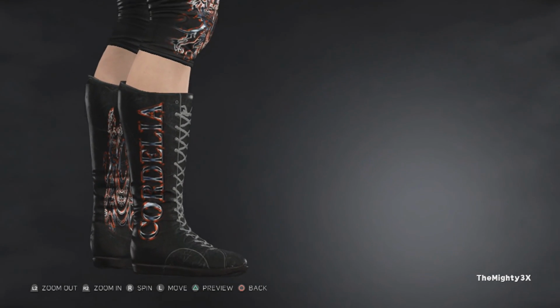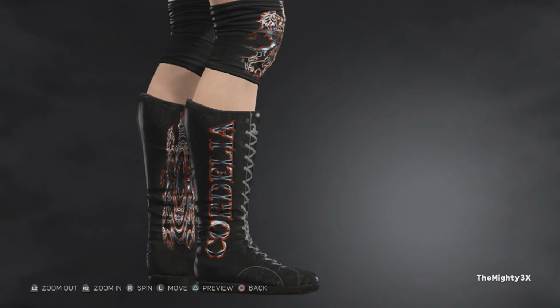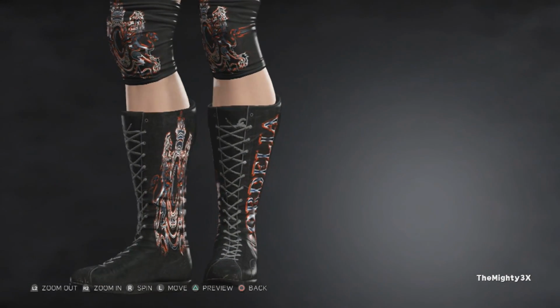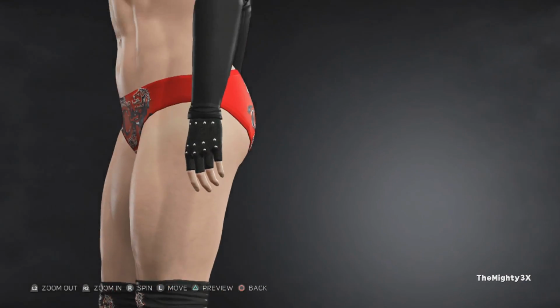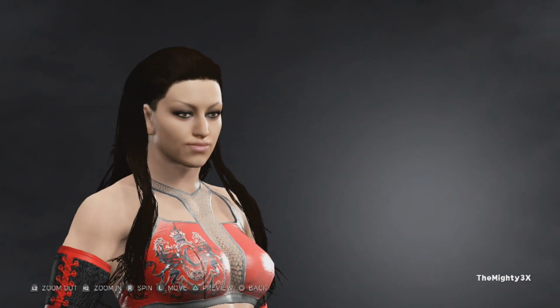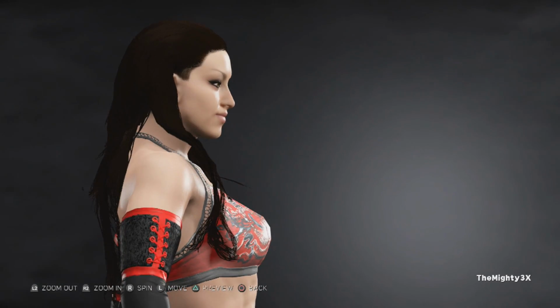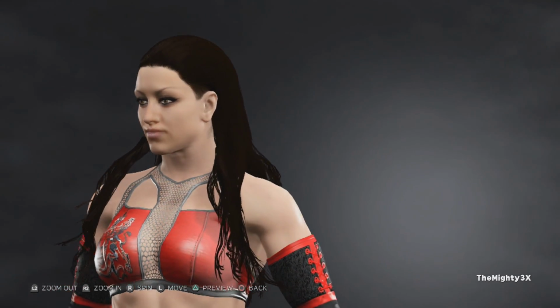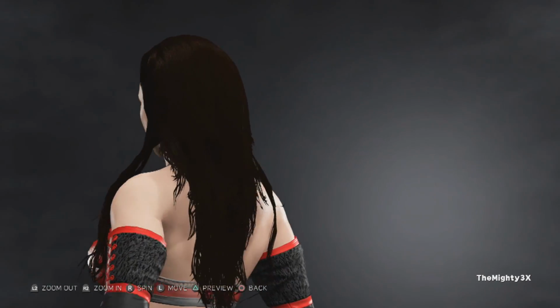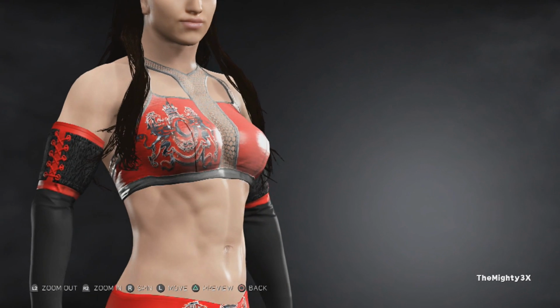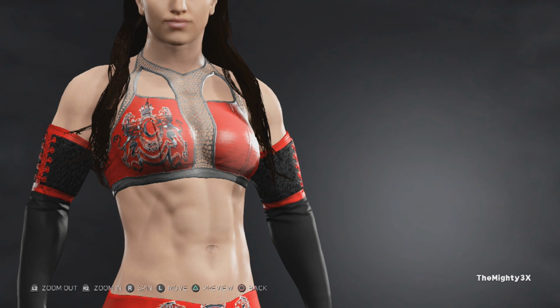I just basically decided to use the logos as the main assets and have them kind of pop out onto her gear. Red and black looking. Got the kind of slicked back long hair there. Really, really simple yet effective design on the ring attire,